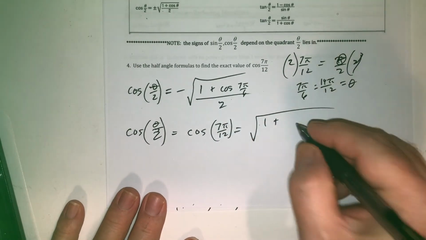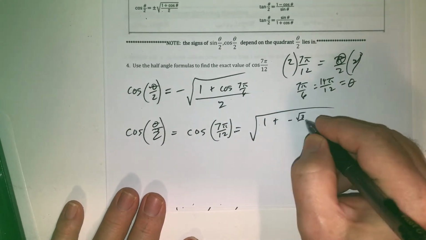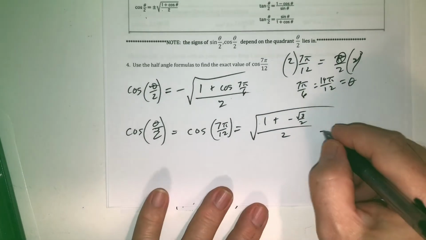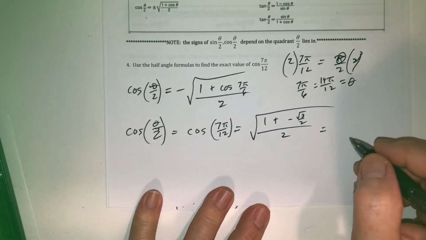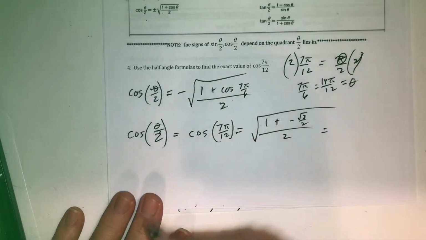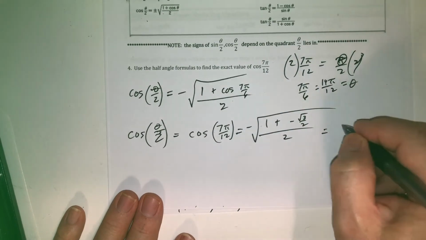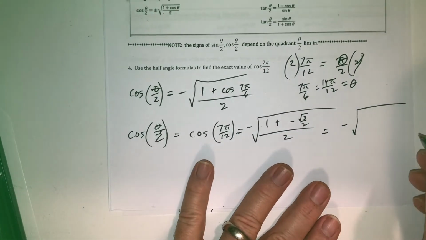Well, that's negative the square root of 3 over 2, all divided by 2. All right, so this will be equal to, I think we lost our negative. Oh, the cosine's negative, isn't it? Yeah, it should be negative. I'm sorry, negative. And then we want the square root of,